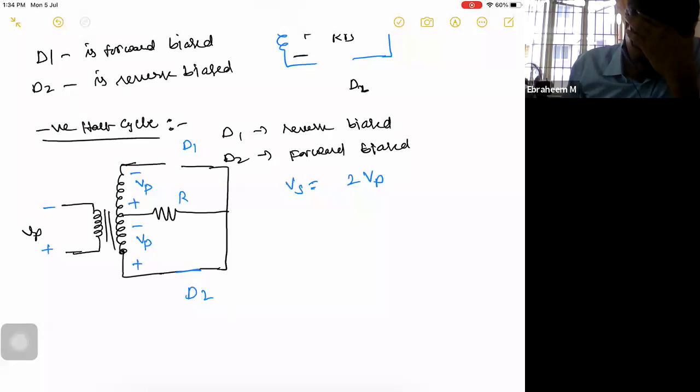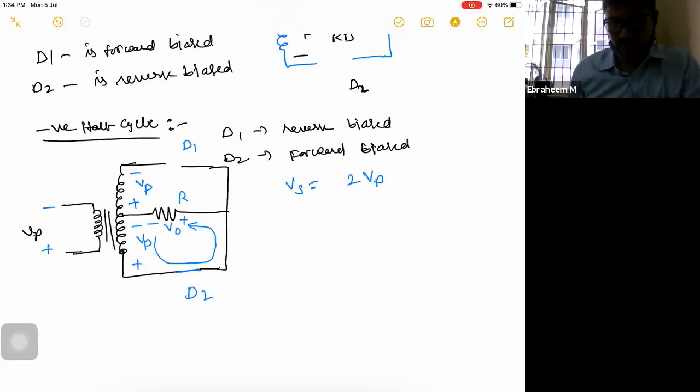Now the current will flow in this direction, making the right side terminal of the resistor positive again. Therefore current is always passing from the right terminal to the left terminal of the load